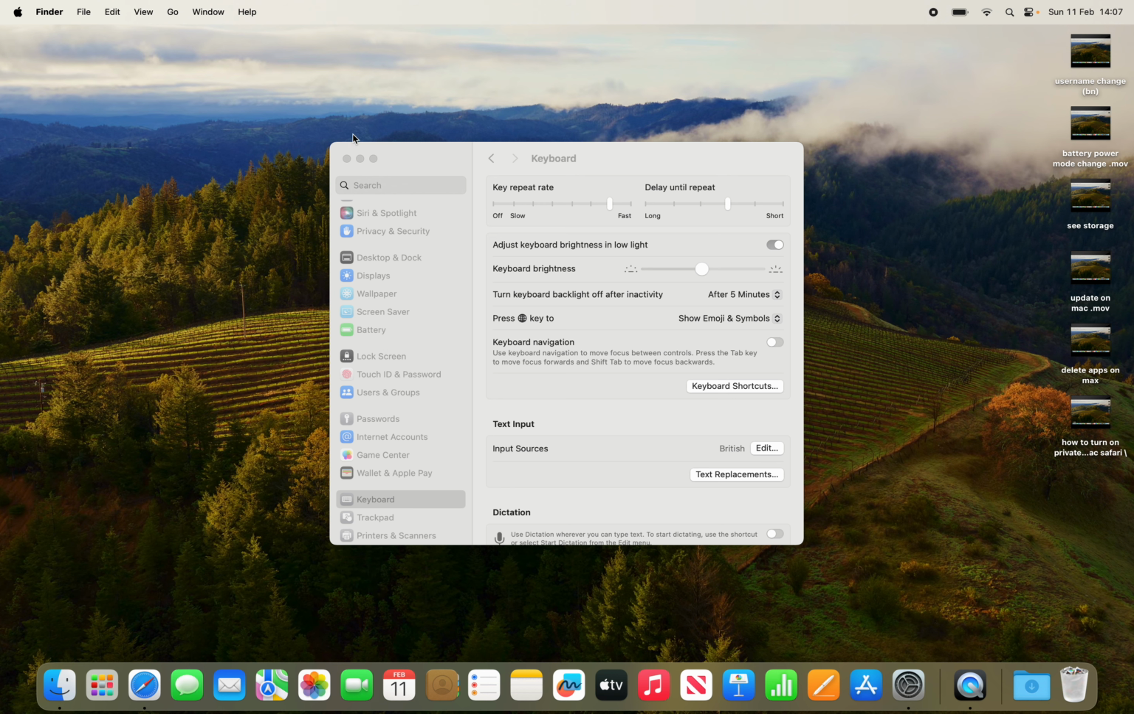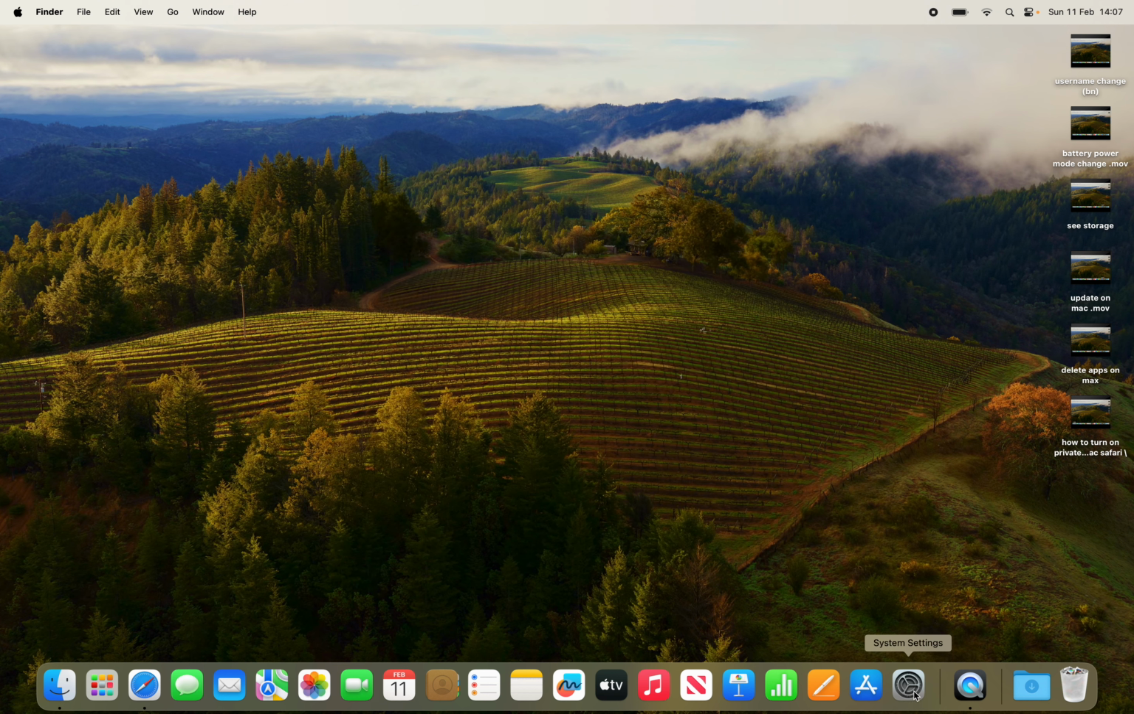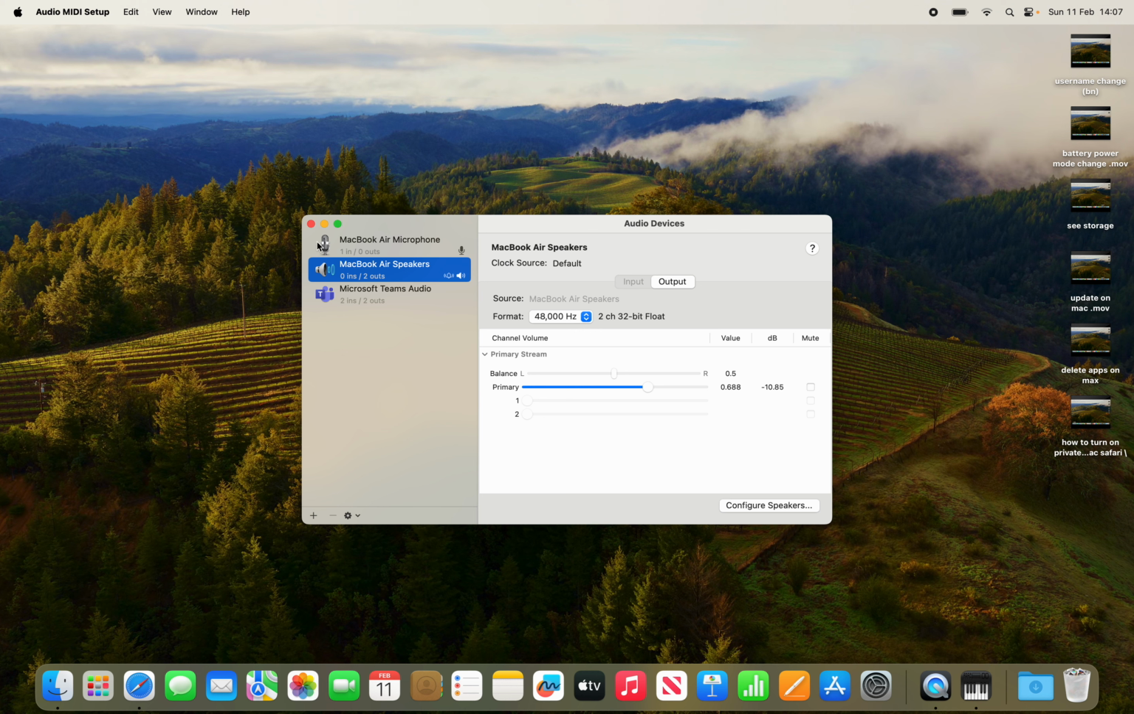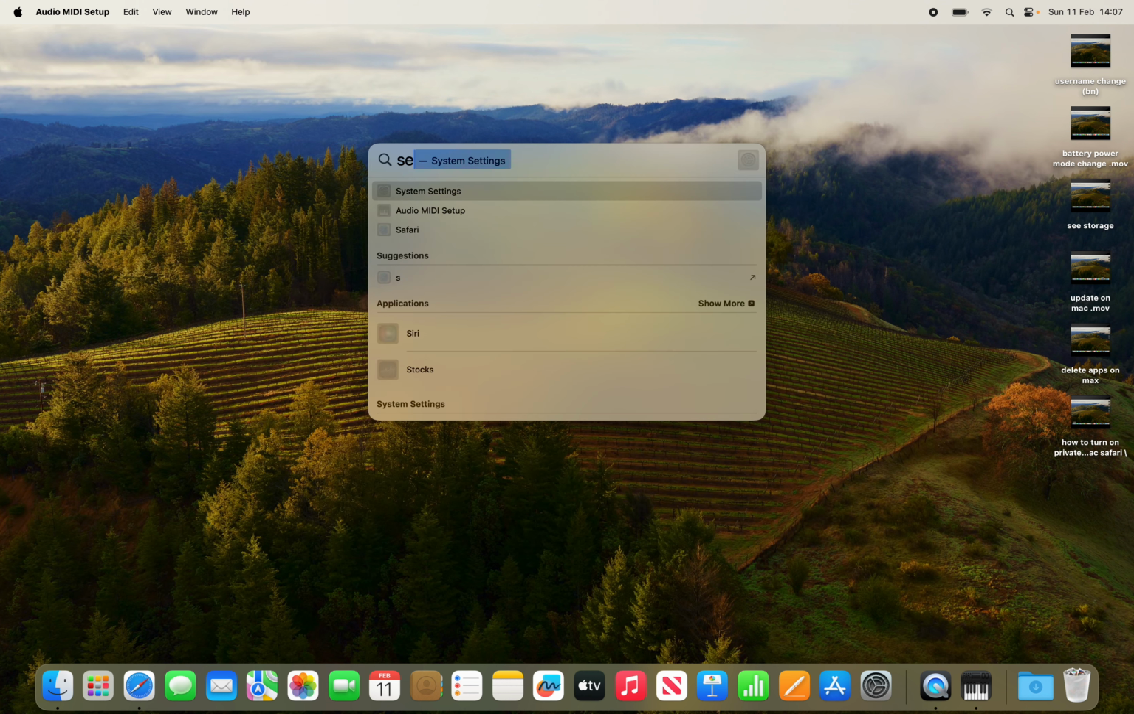So what we're going to do, you're going to come to settings. Let me just close that. You can come to settings by clicking system settings down here. If you do not have it down here for some reason, press command spacebar at the same time and search settings in here. So if you click on, that's the wrong app, sorry. If you click on settings